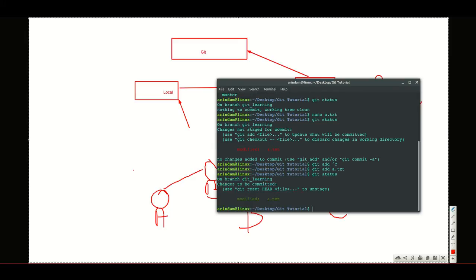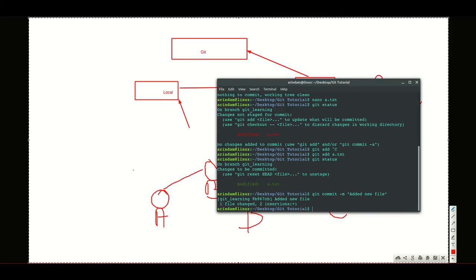Now git status, see, the file is added, in green. Now you need to commit: git commit -m, added new file. Your git commit is done.